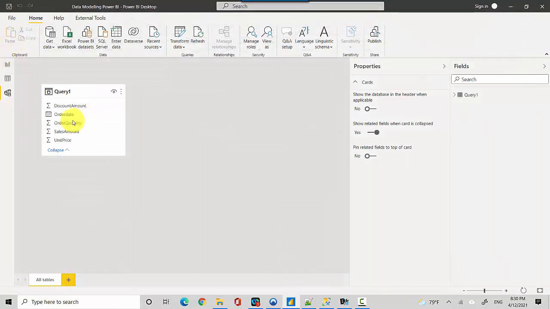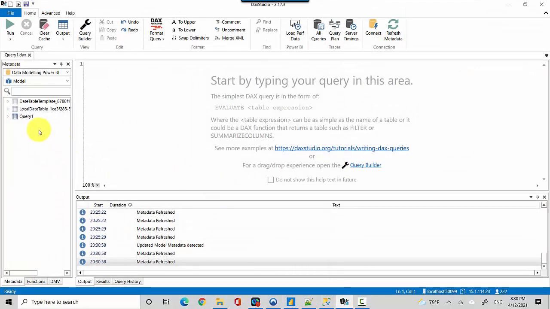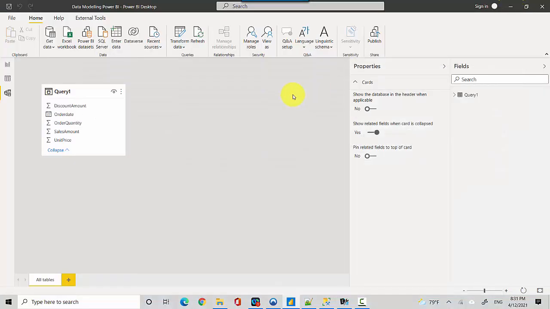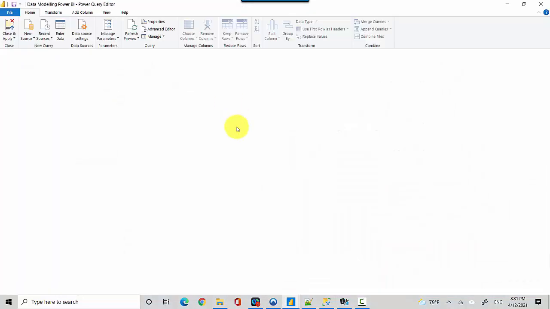And you can see here that it's got an order date field. And let's just go back to the DAX editor and see what happens. So it's automatically refreshed and you can see it's created a date table here. So what happens now, let's just go back here and we'll keep adding a few columns to see what happens.